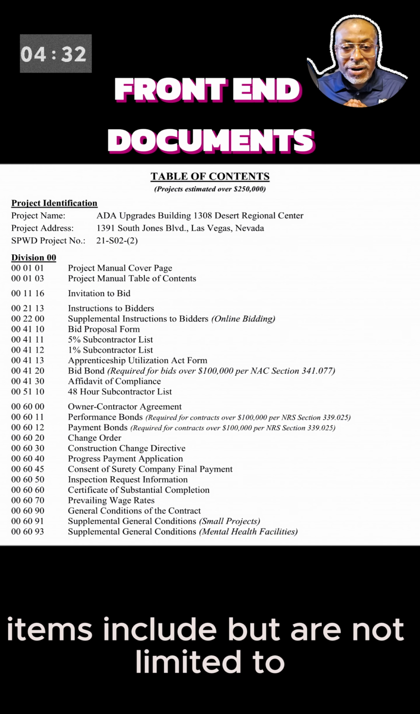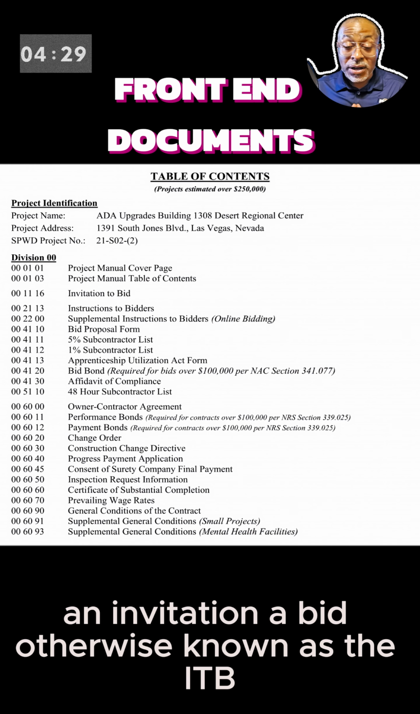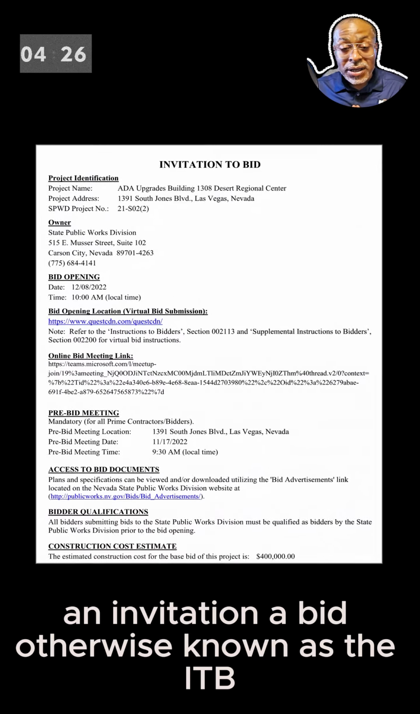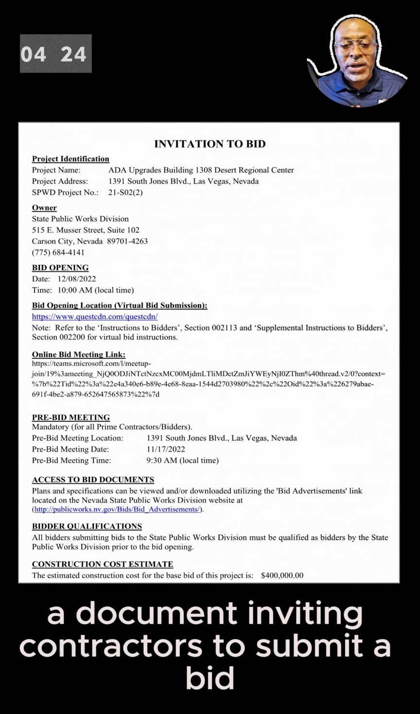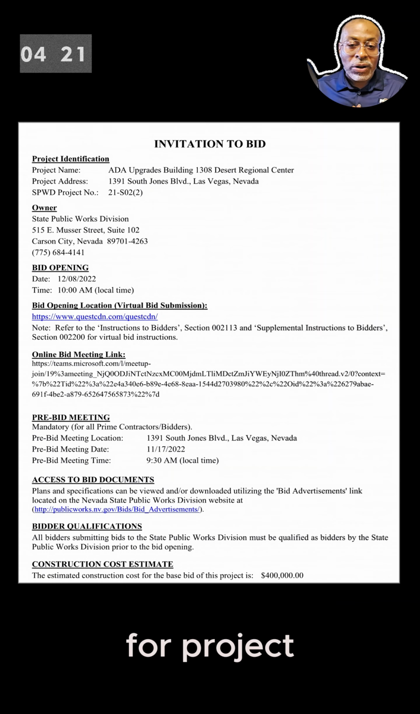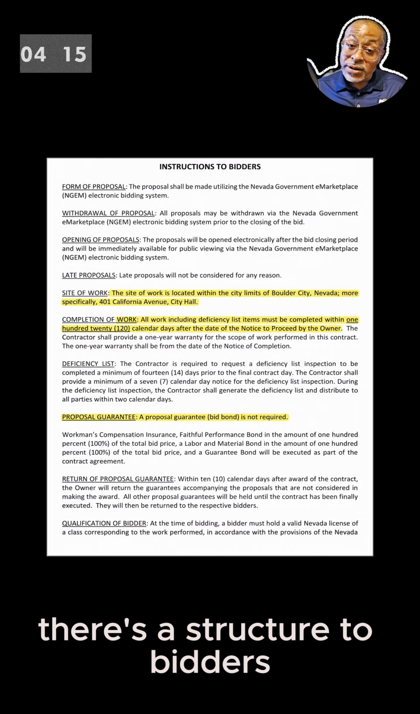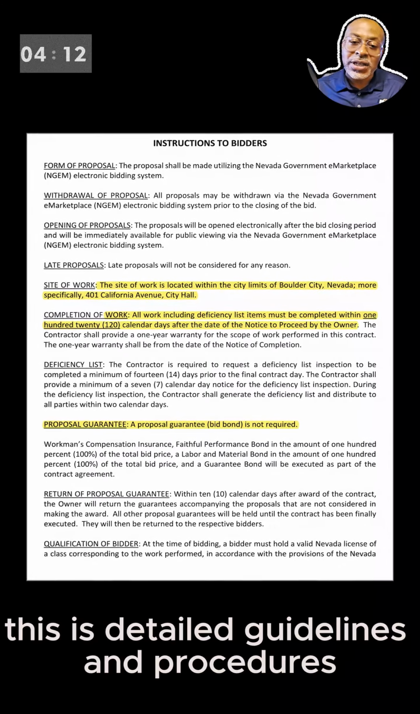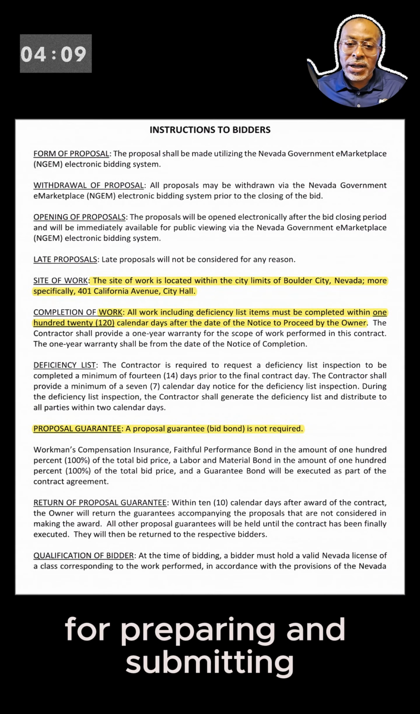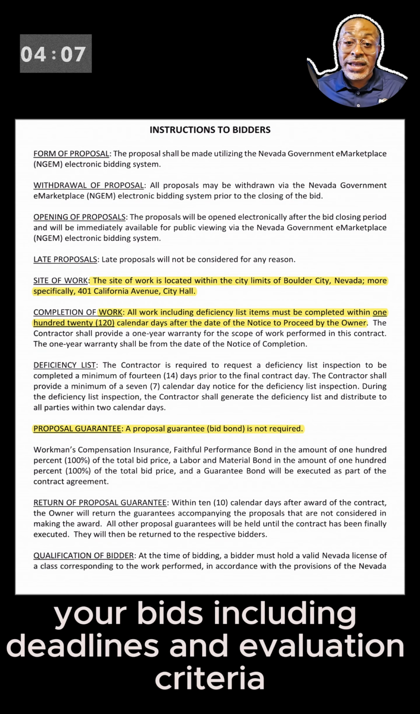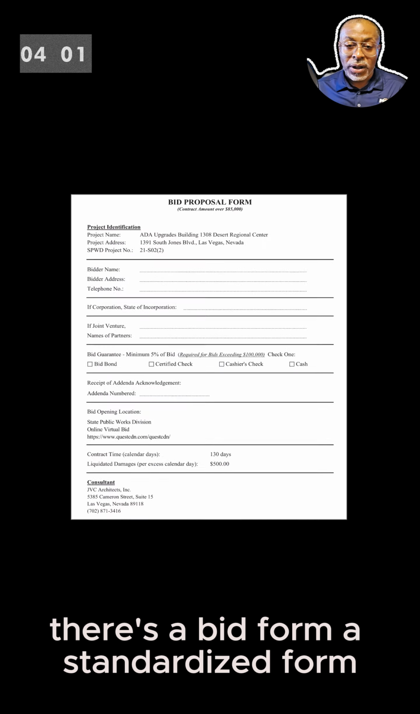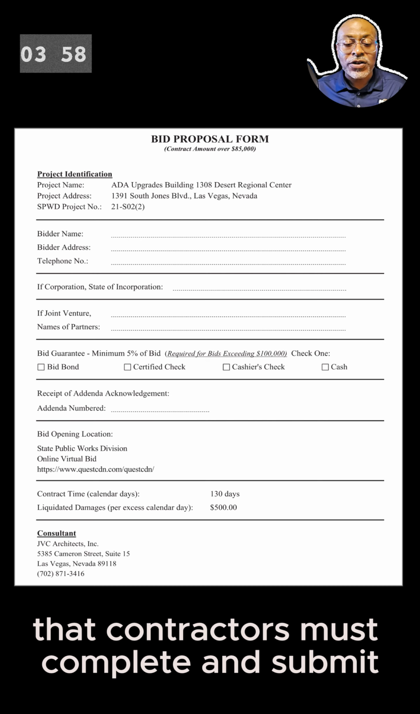Items include, but are not limited to, an invitation to bid, otherwise known as the ITB, a document inviting contractors to submit a bid for a project, outlining the basic requirements and timelines. There's instruction to bidders. This is detailed guidelines and procedures for preparing and submitting your bids, including deadlines and evaluation criteria. There's a bid form, a standardized form that contractors must complete and submit as their formal bid, including pricing